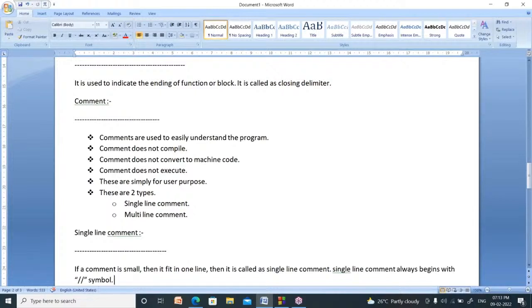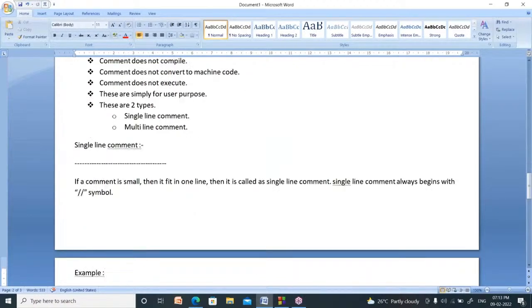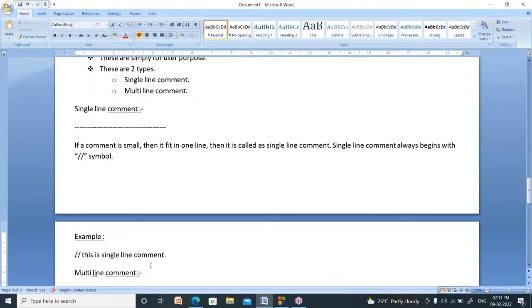If a comment is so small that it fits in one line, then it is called a single line comment. It always begins with the slash slash symbol. This can be written like this.